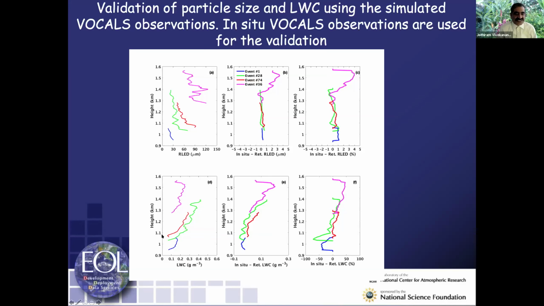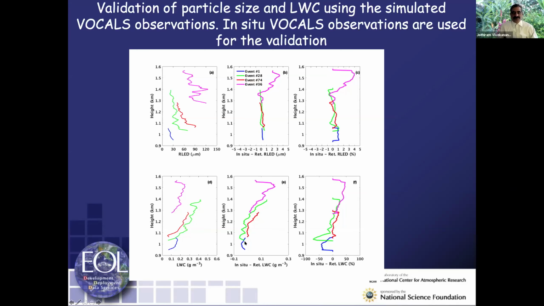The bottom 3 show the liquid water content estimate. The first one, liquid water content, for the blue curve, is less than 0.2 gram per meter cubed. Other values are 0.1 to 0.5. The bottom middle panel shows the difference between the in situ and the true value. That's the true value and the retrieved values, I'm sorry. That shows the error is less than plus or minus 0.2 gram per meter cubed in what I estimated in this case. Now, percentage-wise it is large because my liquid water content is much smaller.